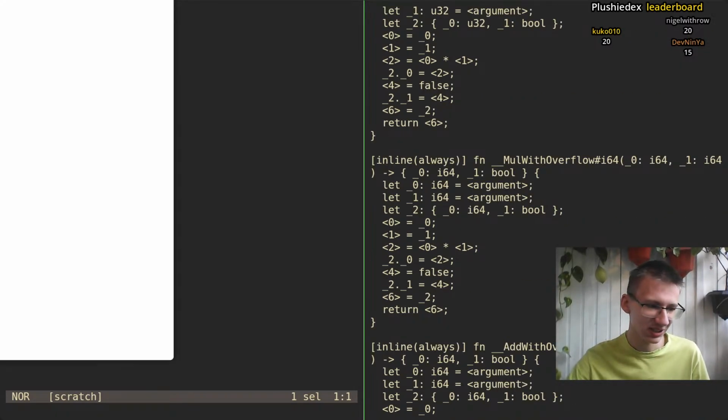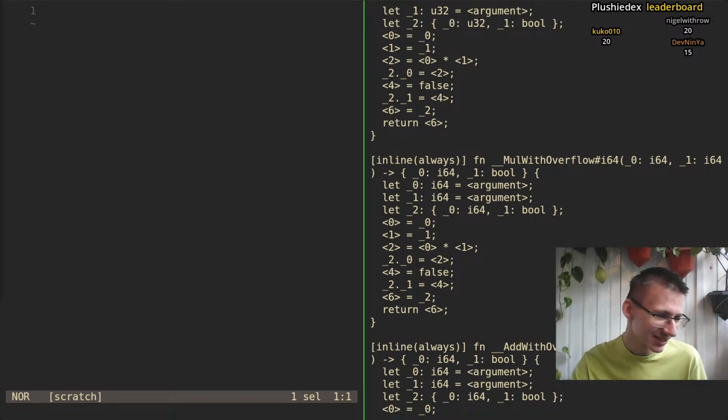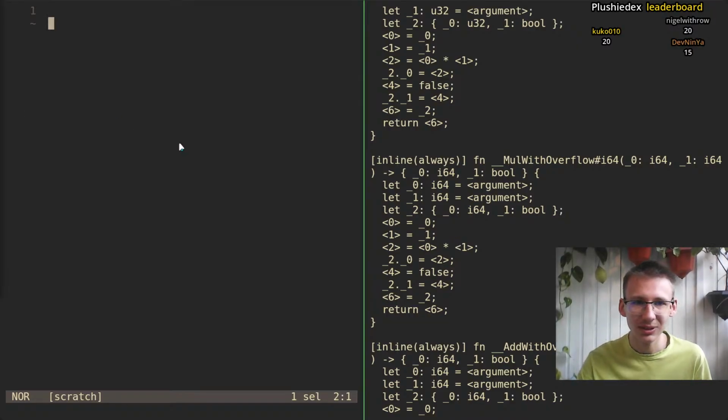No, Twitch displays my -2 subs in all glory above the chat. Like, 4 more subs to go, and just a progress bar. How is it supposed to work? Why does it work? The progress bar is even four splits. Anyway,